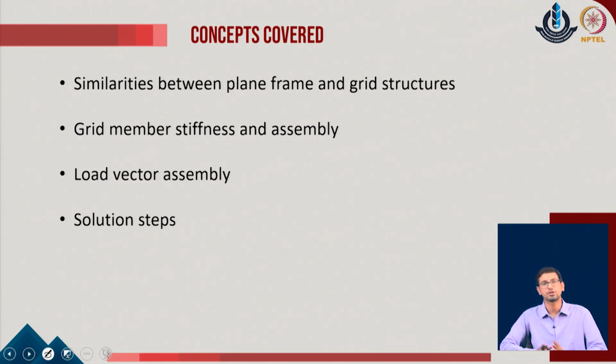that once you are comfortable with the stiffness evaluation for the individual member components in the local coordinates, and you are able to make the transition from the local to the global coordinates of the given system, the remaining part of the process of assembling the overall stiffness as well as the load vectors, the evaluation of the system for the rearrangement part, and finally the solution of the given system, they largely remain the same for all the different methods. So, what necessarily changes is the part of the standard matrices of the individual members, and then somewhere a small difference with respect to the rotation matrix which is defined for the given cases.